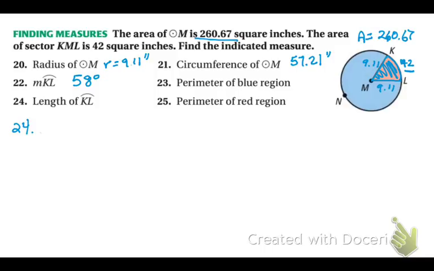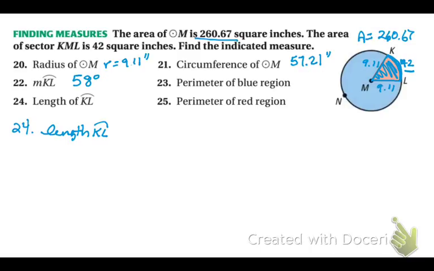We're looking for the length of arc KL, not the measure. Remember, in 22 we found the measure of KL, which is in degrees. Now we want to find the length of KL, which is the length of this line right here, and